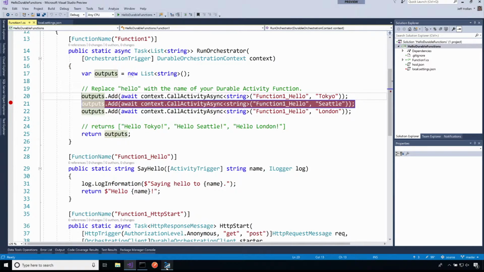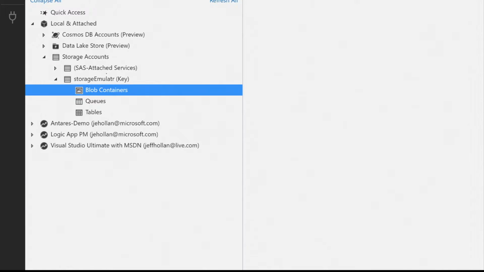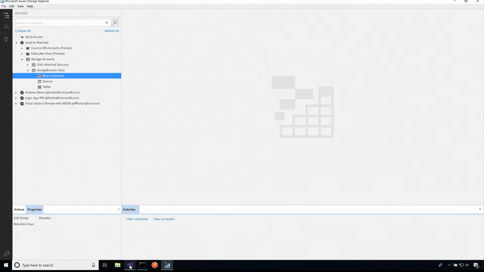Now, before I run this, I want to open up the Azure Storage Explorer. Andrew showed this off a little bit in the previous session if you saw, but this is just a really nice way for me to look at my storage account, and in this case, I'm connected to my storage emulator, according to my typo. And you can see here I have a totally empty storage account, so there's nothing that's stored currently. All right, so let's check this out.